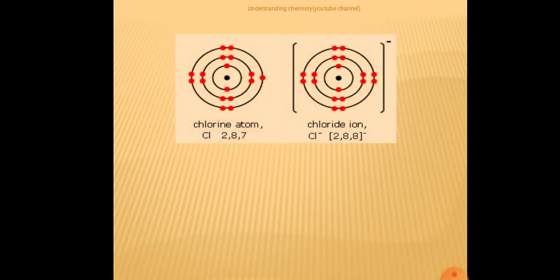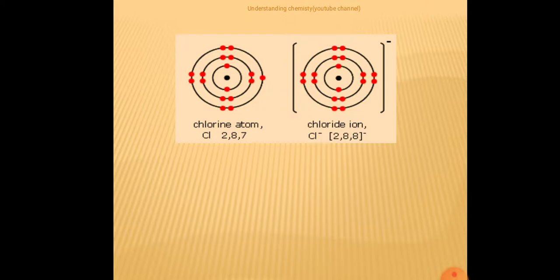Now, let us go into the structure of the next element that we needed. That is nothing but chlorine. Let us look into the chlorine atom and chloride ion. You already know the configuration of chlorine atom is 2, 8, 7 and of the chloride ion. We should not say chlorine, it is chloride. Okay, I-D-E. It's very important. In chloride ion, the configuration becomes 2, 8, 8. That means chlorine atom gains an electron to form chloride anion. It is an anion that is negatively charged.